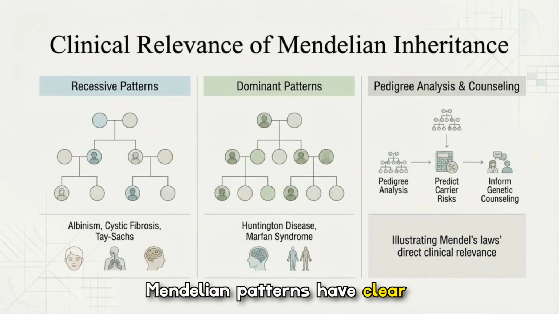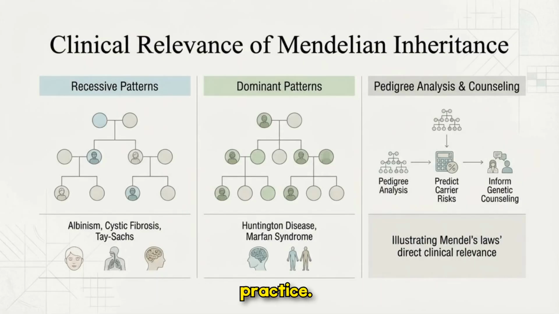Mendelian patterns have clear clinical relevance. Recessive inheritance explains conditions like cystic fibrosis and certain metabolic disorders, while dominant inheritance underlies diseases such as Huntington's. Using pedigrees and carrier analysis, genetic counselors can predict risks and inform patients, illustrating how basic laws translate into medical